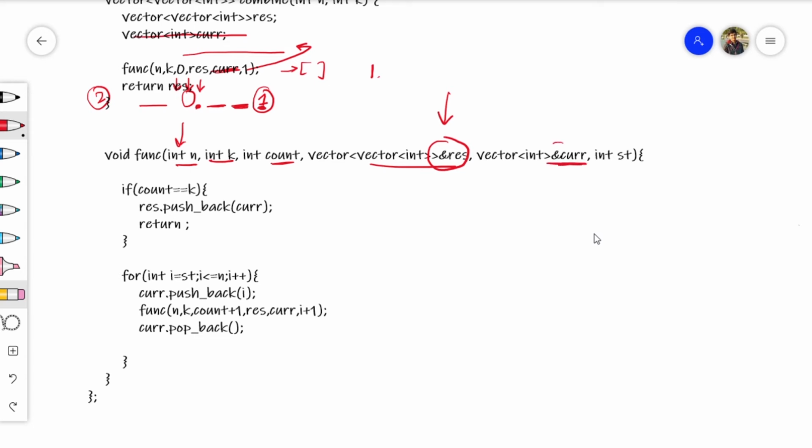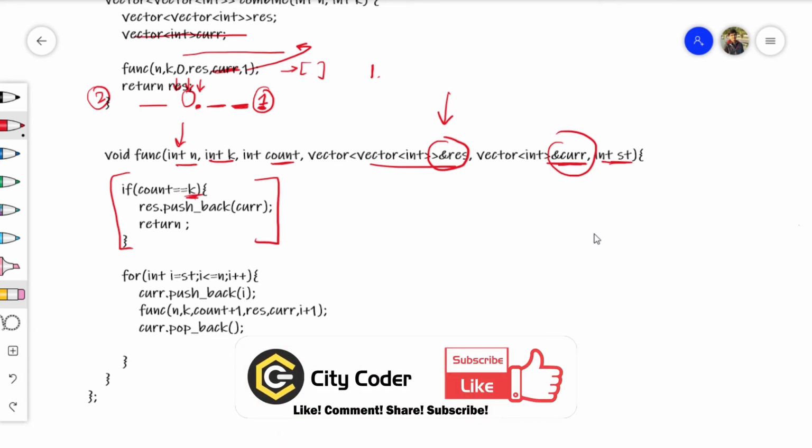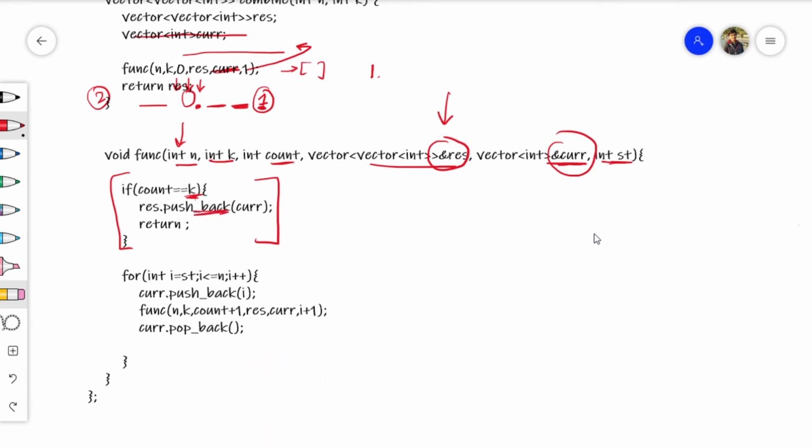And then we are passing the current also, and our starting index. First we are checking the base condition: when count becomes equal to k, the current will be pushed into our resultant vector, and then we just return, because we need not go further. We'll stop there, and we'll be using a for loop for the next iteration.